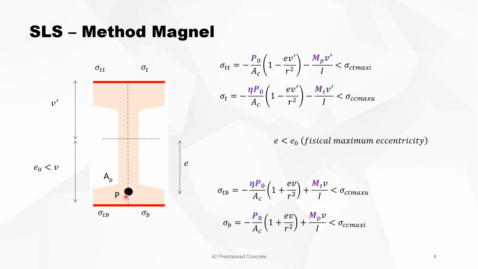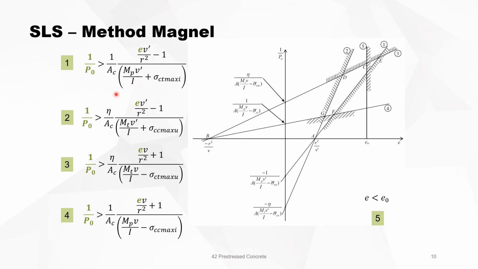Most commonly figures are 150 to 200 millimeters. So E, the eccentricity, must be smaller than V minus, let's say, 150, 200 millimeters. So now you have 5 equations where you can make a graph. On the x-axis, it's the eccentricity E, and on the y-axis, it's 1 over P0. It's 1 over the pre-stressing force. Then you have the 5 equations,